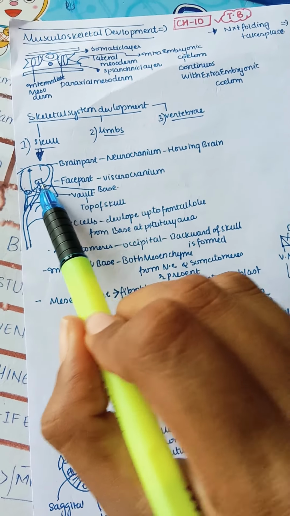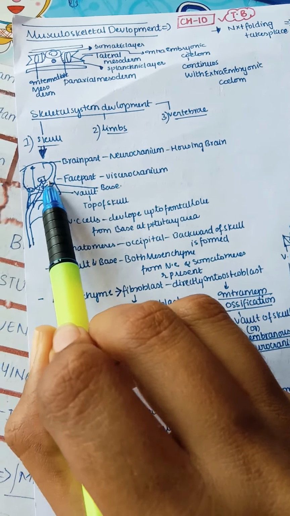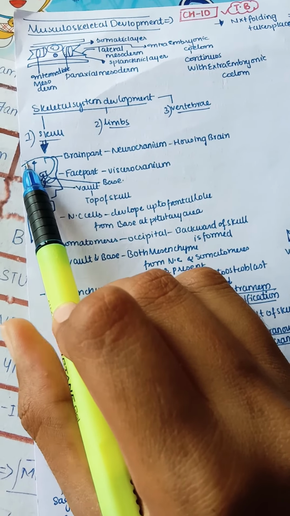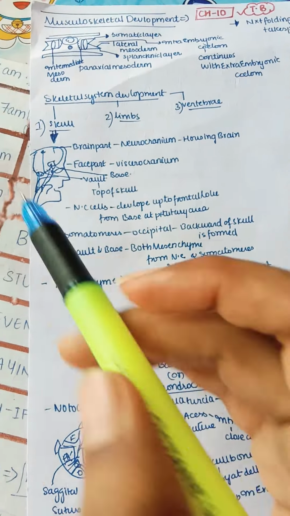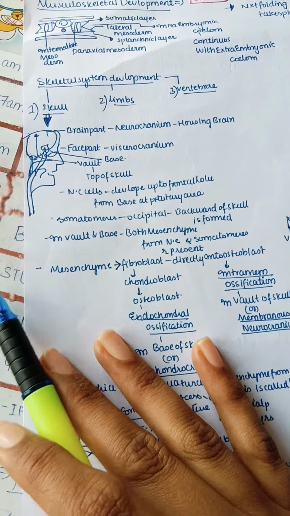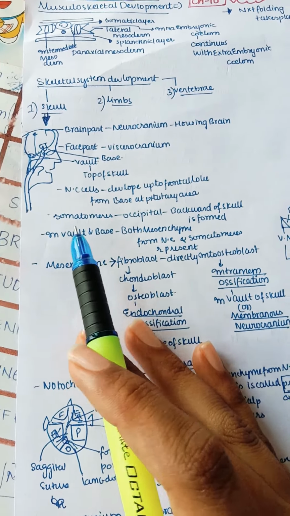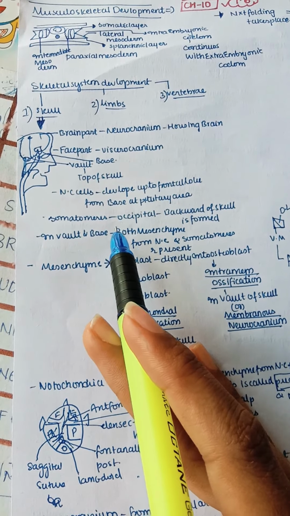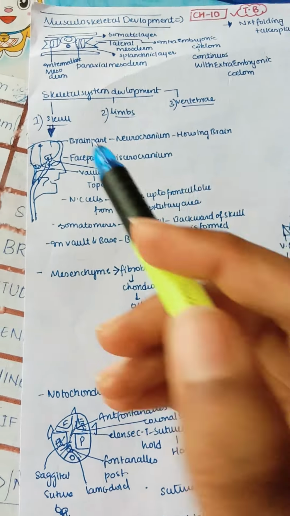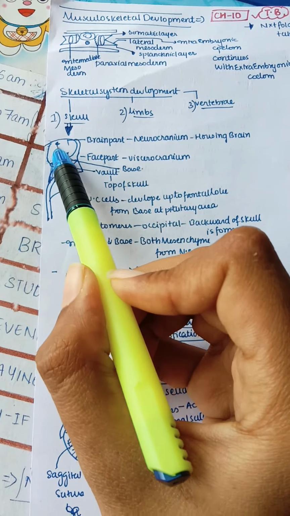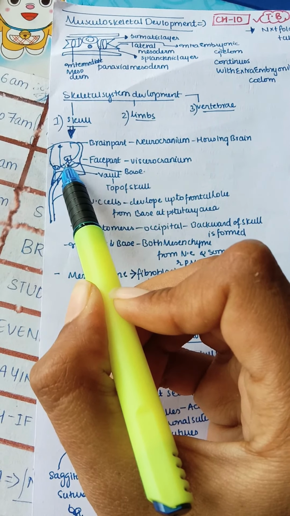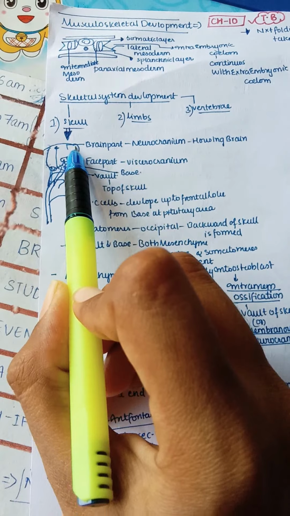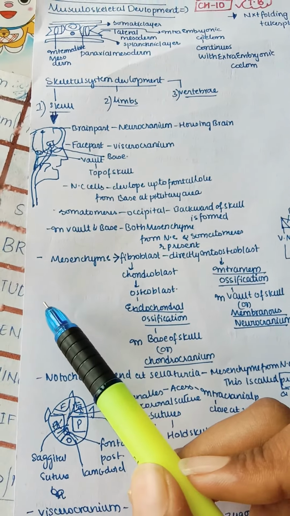So here, the pituitary area, from the pituitary area up to the frontal lobe, the neural crest cells are forming the base and also the frontal part of our skull. But the somitomeres of the occipital, that is of our paraxial mesoderm, move backward and the back of the skull is formed. So this back part of the skull is all formed by the somitomeres of occipital somites, that is from paraxial mesoderm, and the front is formed from the neural crest cells.